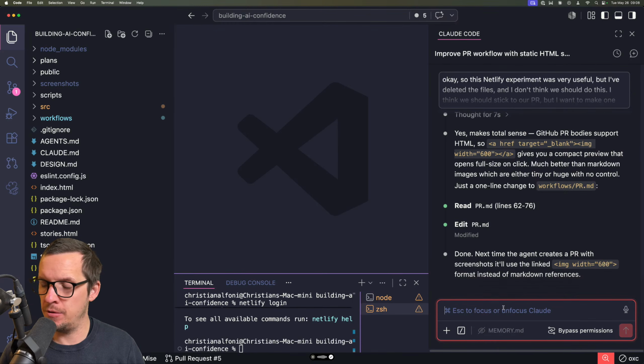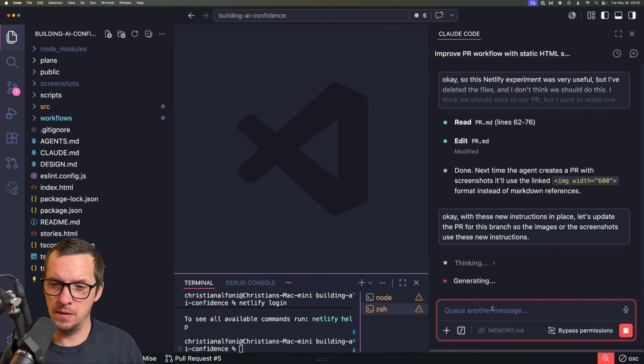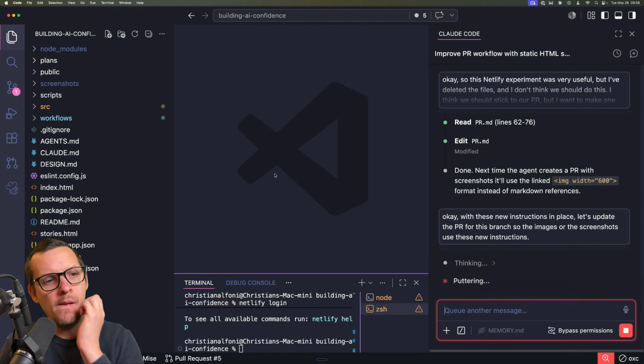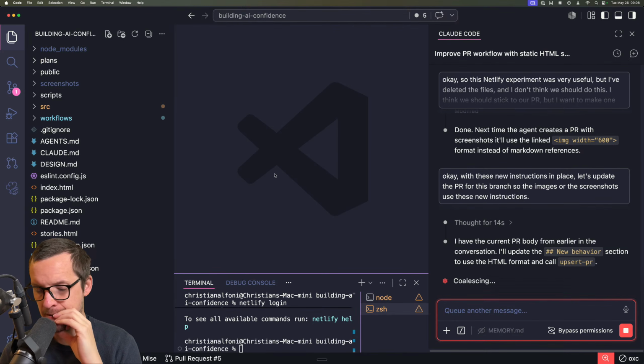Okay, with these new instructions in place, let's update the PR for this branch so the screenshots use these new instructions. Yeah, it's very interesting.